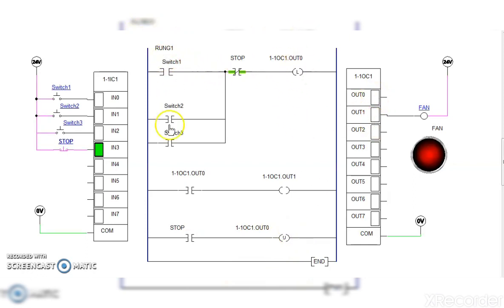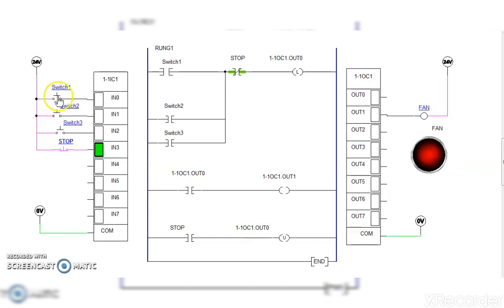Means by this rung we will get out 0 as latched, and by this rung we will get out 0 as unlatched. Two coils are there, latching and unlatching. Now this same output out 0 is used at this place and as a coil at this place.